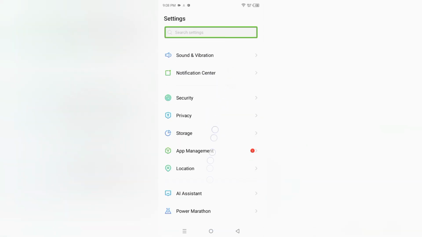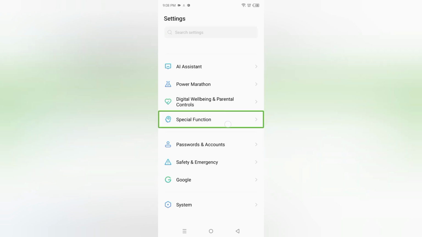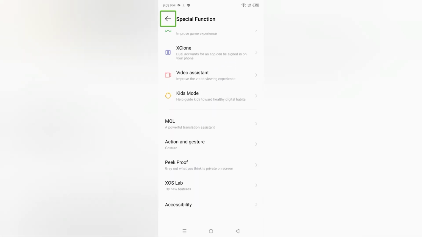When you scroll down with two fingers, here you are going to find this icon, Special function. Click on Special function. Then after that you have to tap on Special function. When you tap on it, under Special function, again you have to scroll down, and the last option you are going to find is